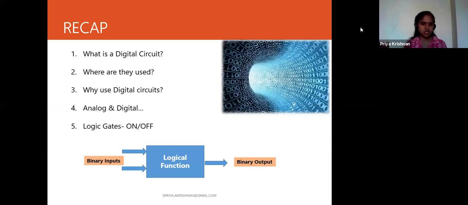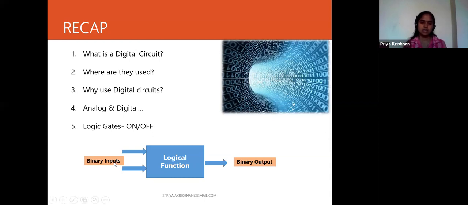So we discussed what is digital, where the digital circuit is used and why we want digital circuits. If you want to store something, if you want to store a huge number of songs, store movies, then you need digital. You want to convert all the analog data to digital data. In analog, any signal which is available is by nature available in analog. But if you want to store the signal, if I want to analyze the temperature for 10 years, then I want that data in the form of digital.